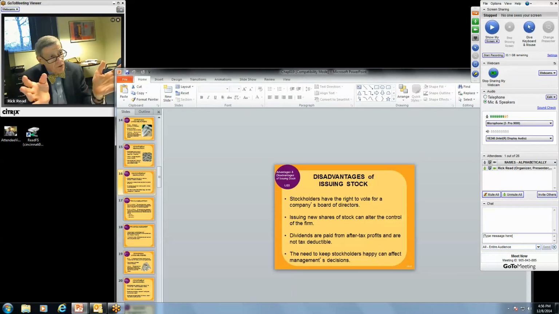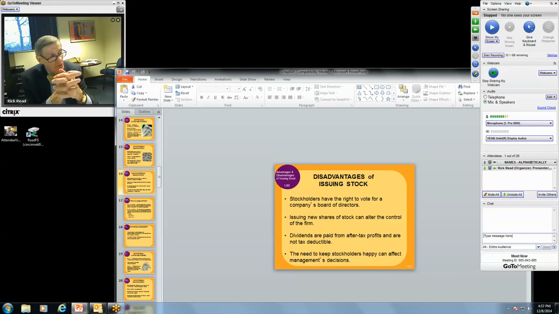When you issue more stock, that usually means it's diluted stock. You do that one of a couple of ways. You can do a 2-for-1 split. So what does a 2-for-1 split mean? Okay, I own 100 shares, and they're worth $5 a piece, which means $500. And the company has a 2-for-1 split. I now own 200 shares, but my value is still $500. So the shares are now worth $2.50 a piece. They're not worth $5 a piece. So that can be done too.